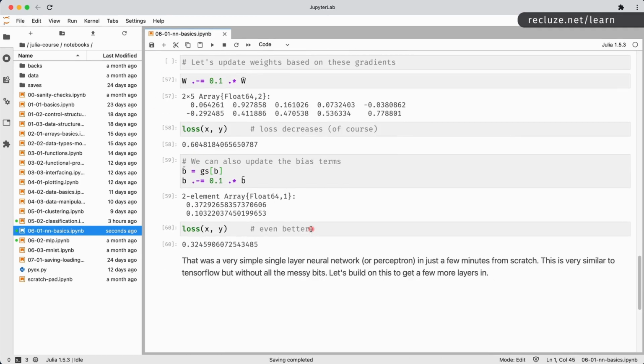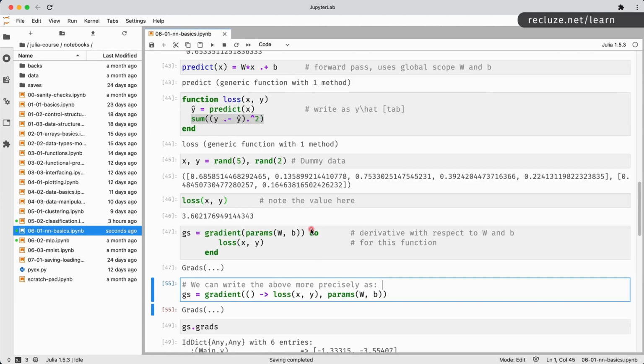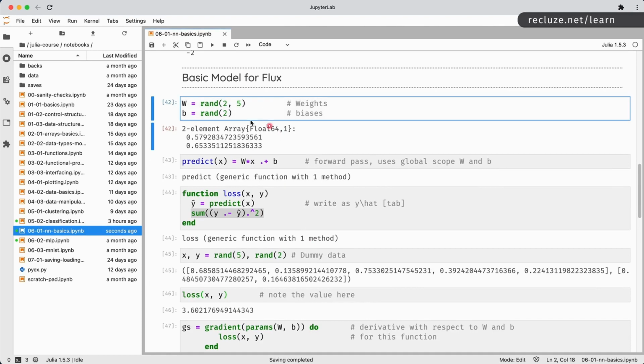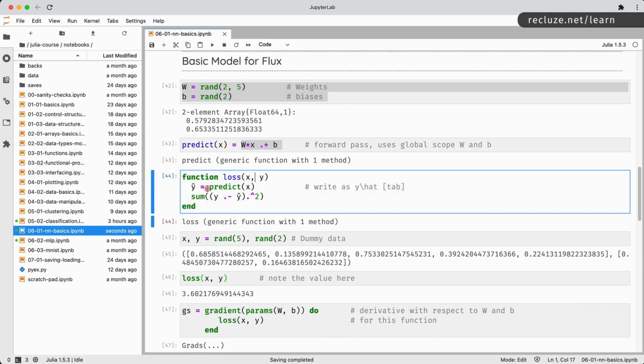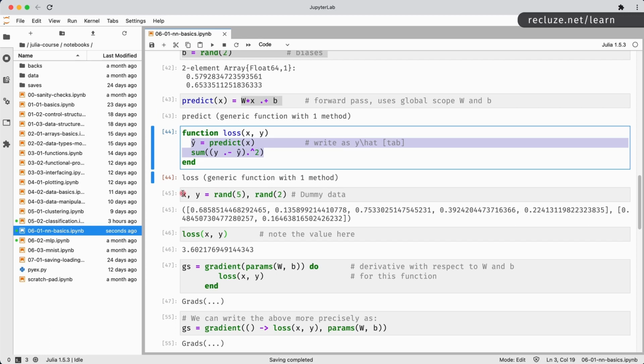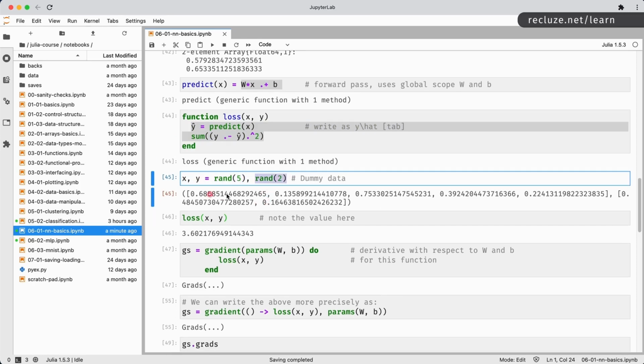It's very dense, so you might have to look at this again and again, but this forms the building block of the Flux library. And as you can see, if you get rid of everything, it's just 3 or 4 lines of code, right? So let's go ahead and take a look at this. So these are our random weights and biases. We initialize them randomly. Our forward pass is simply the multiplication of x with w and then addition. Our loss is just the mean squared error, which we normally have. X and y are going to be some dummy data. So some dummy 5 values for x and dummy 2 values for y. Okay, these are the values.